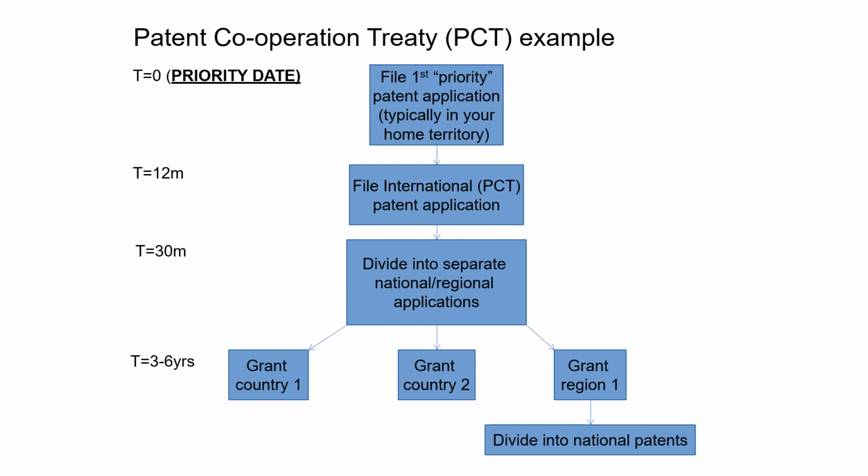But we have the international filing system, the PCT, which is essentially a sort of holding card. You file another patent application which claims priority from your first UK application. Both of those applications can run in tandem alongside each other. Most people choose to do that, but if you want, you can drop the UK with a view to re-entering the UK once you get to the end of this process. But what you really bought for your international patent application at 12 months is another 1.5 years, so 2.5 years in total, that's 30 months,